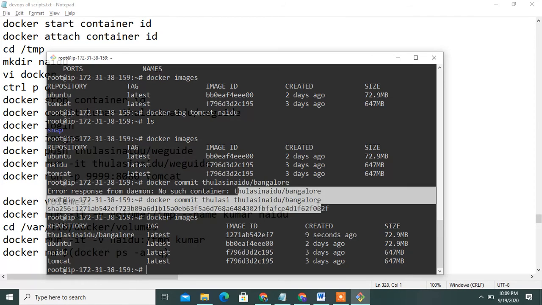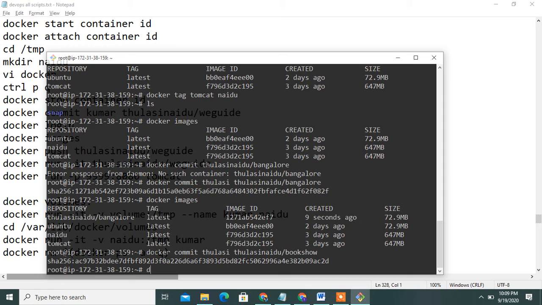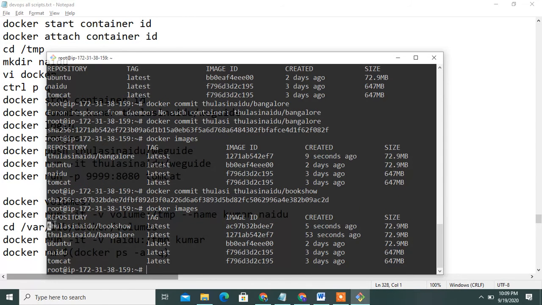Okay, this name is already in my Docker Hub, so I will create another one. I have successfully created the image.